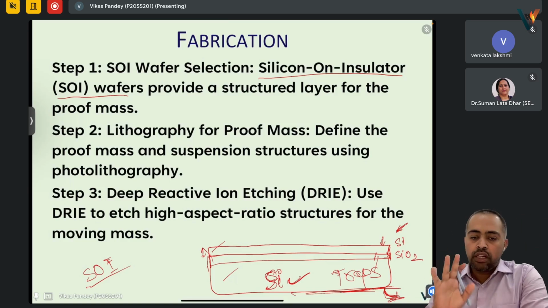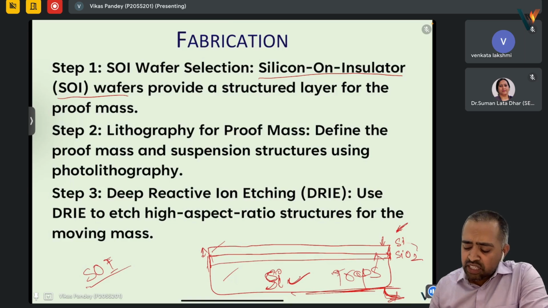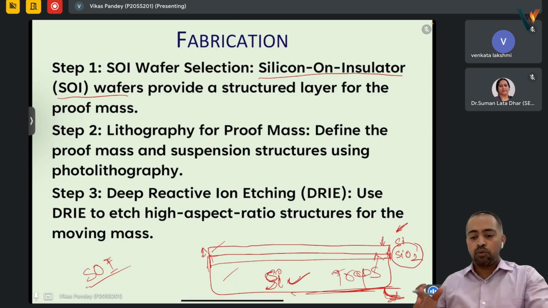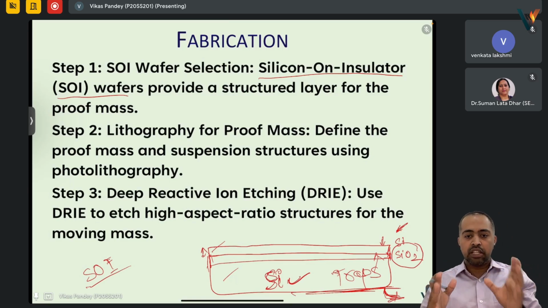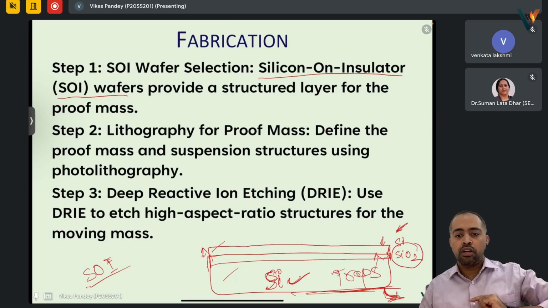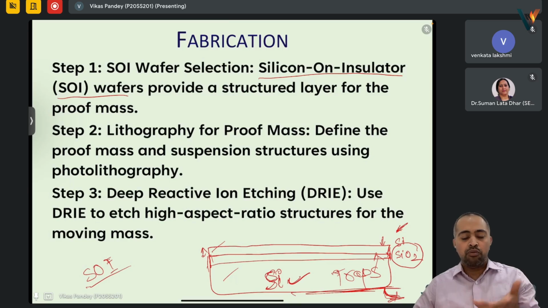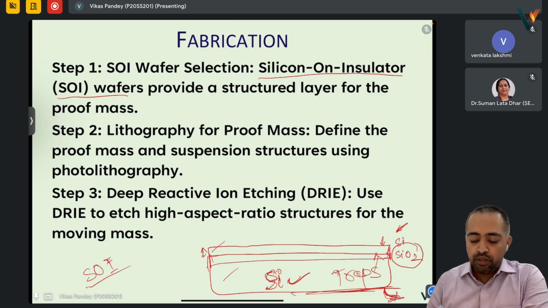So here, actually, this SiO2 is just a sacrificial layer. That is to keep these things in place till we want, and then later on remove this SiO2 at all. Removing this SiO2 will free this structure, and that is how the structure will be able to move. Okay, so first